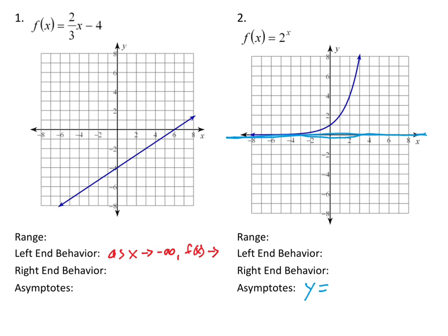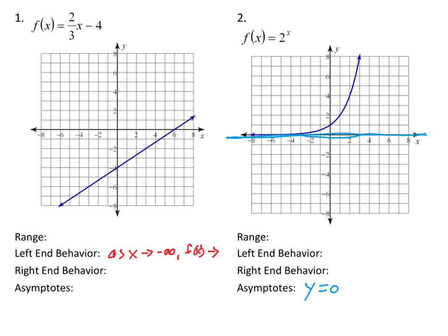If you wrote down y equals 0, congratulations. Yeah, it's a horizontal line at a height of 0. If the line was instead up here, let's say it was here, then you write y equals 6. If it was down here, you write y equals -3. It's just whatever the y value of that line is, that's what you write. Y equals that.